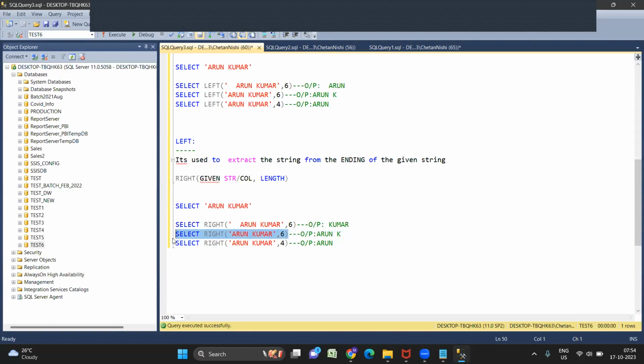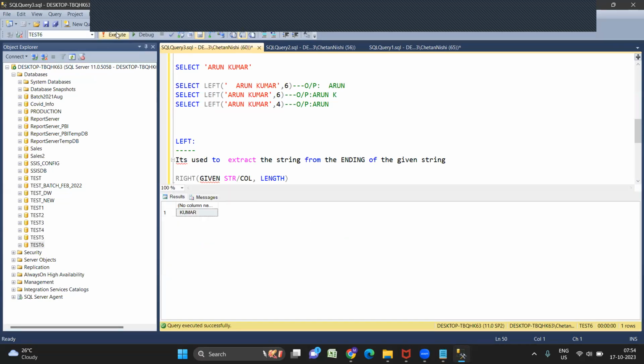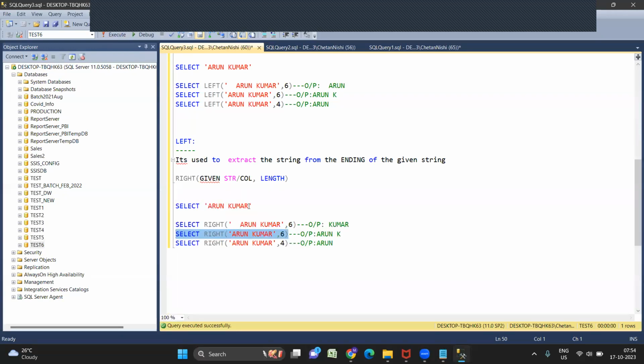Next, what would be the output for this query? The second one. N space KUM. Okay, so including the space only 6 letters. KUM are 5 letters, and this one is a space. But why is this one not included? Okay, let's give 7. Okay, we are getting it right. Yes. Now if I execute this one, then